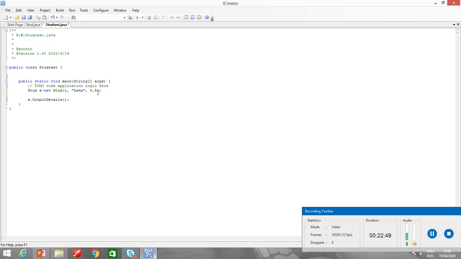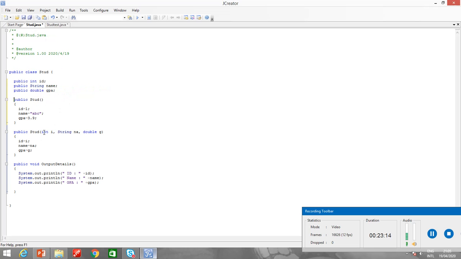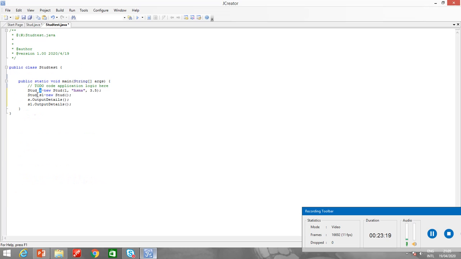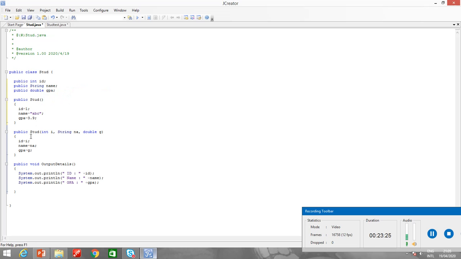Alright, let me make another object, Student s1 is equal to new Student. So what I have done, I have created the default constructor, and I will call the output details. I have created a parameterized constructor over here, and I have created a parameterless constructor over here. So when I call this, this will call the parameterized constructor and initialize the values.